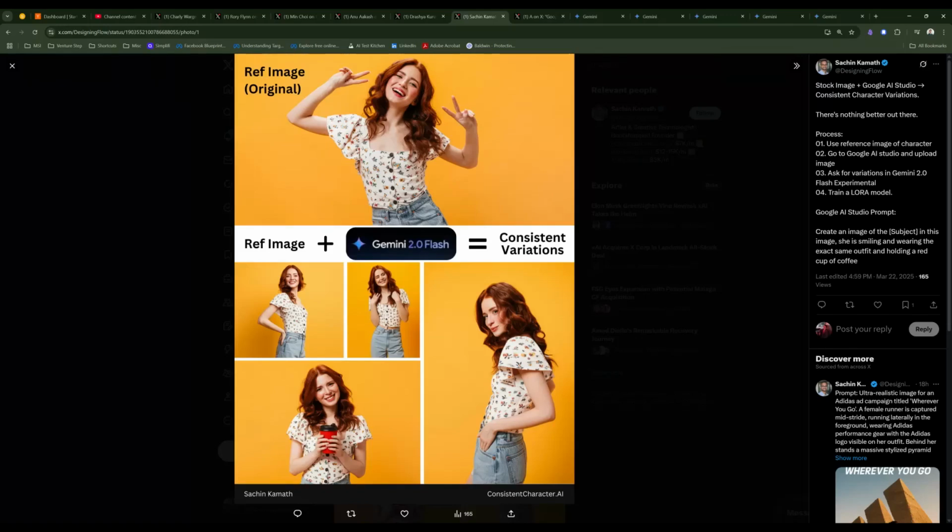you could have an image on the internet. You could fabricate a digital model, and you could say, okay, I like the looks of these people. You can make a made up person. And then from there, you can provide an image of an object that you want them to be wearing, or a thing that you want them to do. And then from there, you can create these consistent subject variations